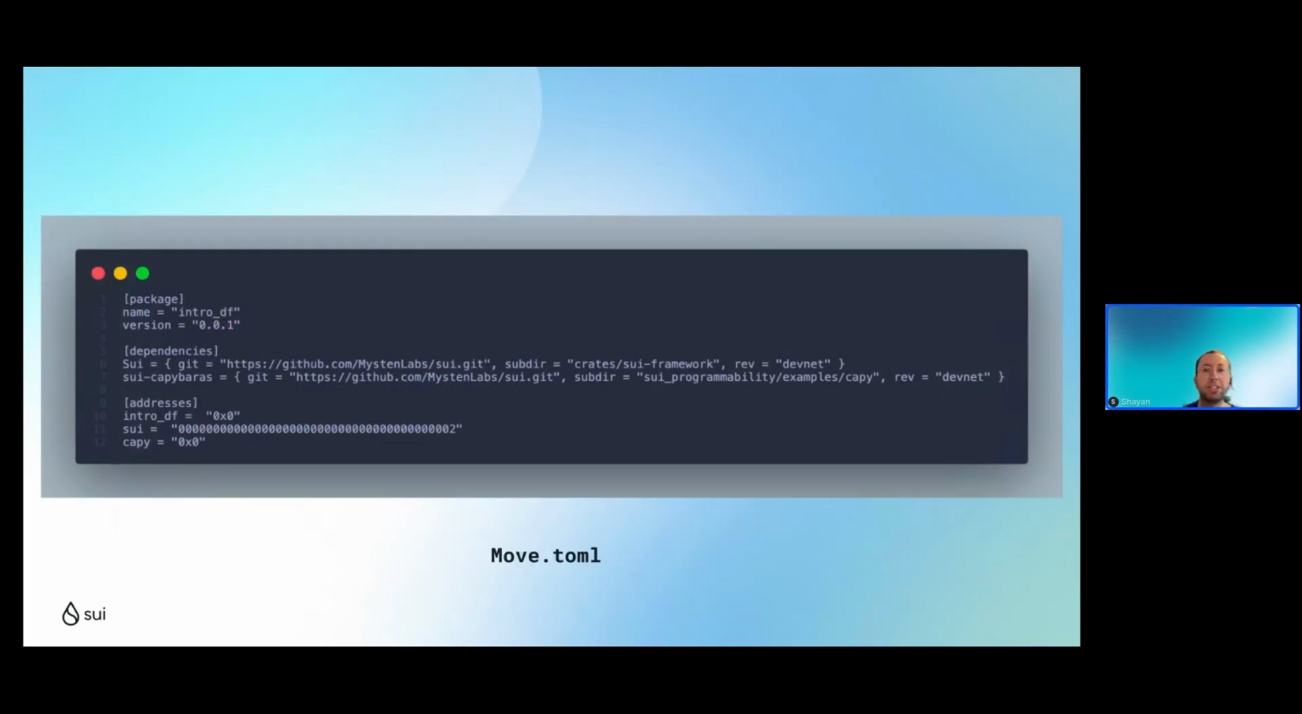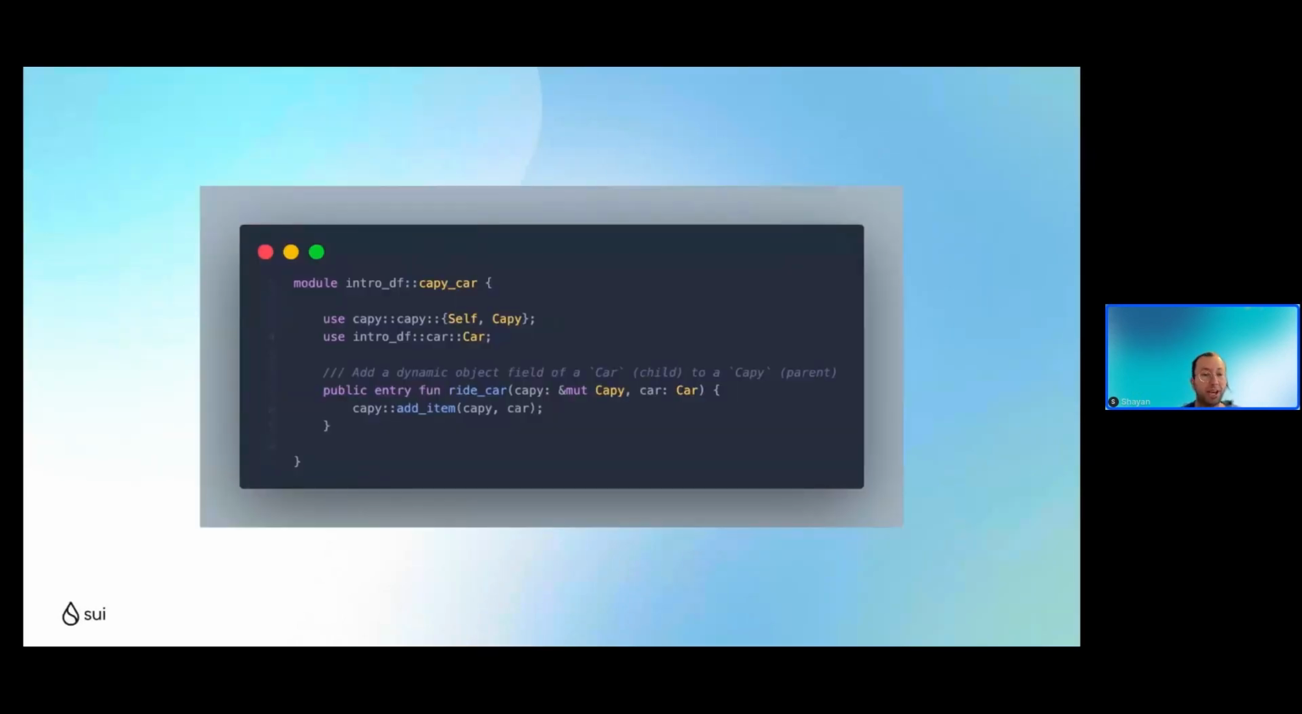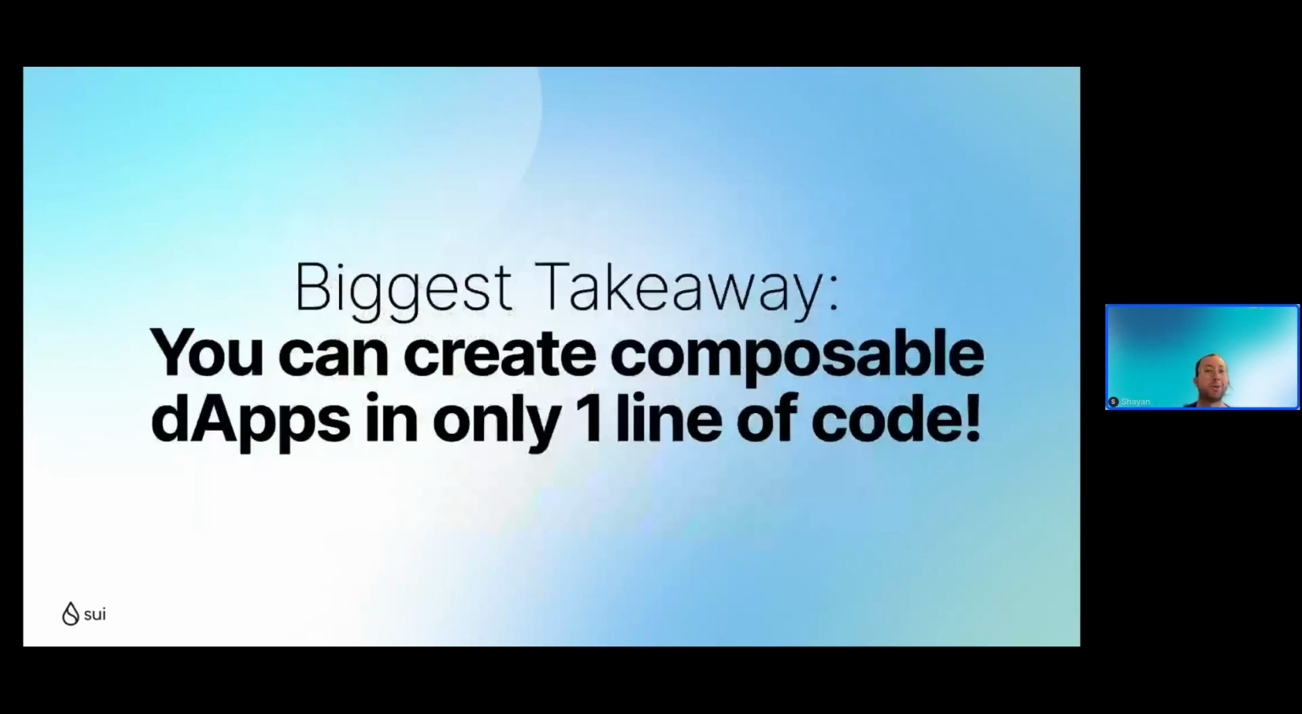So what is the biggest takeaway of all this? I think it's awesome that, if we go back, we created a composable dApp in literally one line of code. We just called the cappy add_item function, and we created a composable dApp in one line of code. I don't think you can do this on any other L1 or even any other L2. That's why I think Sui is so awesome, because you can use dynamic object fields